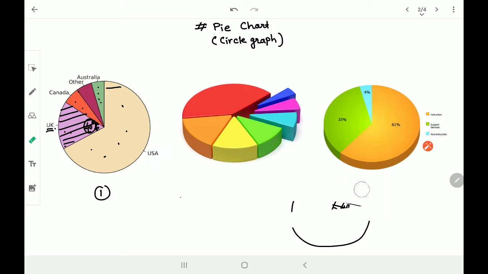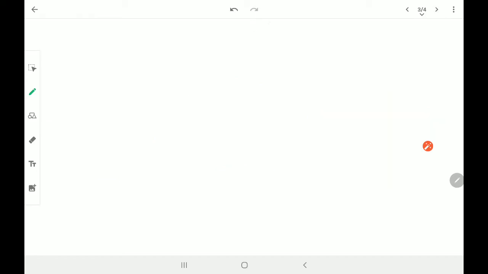So in the pie chart or circle graph, the information is represented in the form of sectors in the circle, and a sector is defined by the central angle, right? There are different three-dimensional pie charts as well, like the second figure and the third figure, which are three-dimensional diagrams. But what we have to draw here is just a 2D diagram like the first one. Okay, so let us see a very simple example.